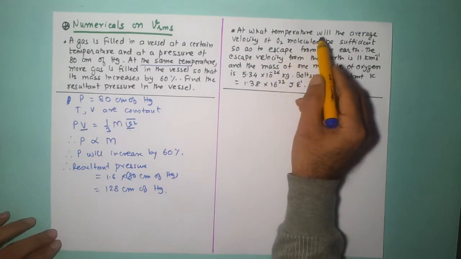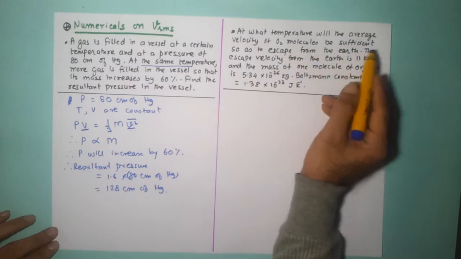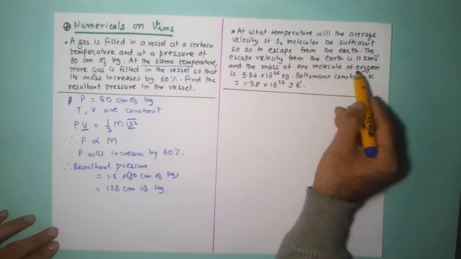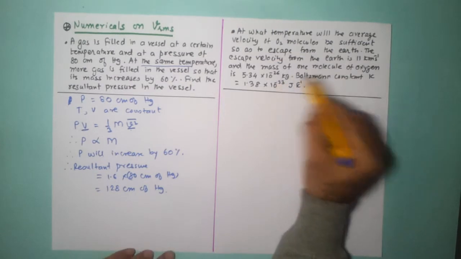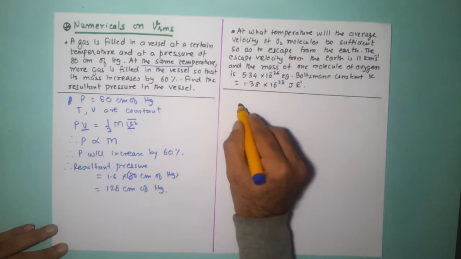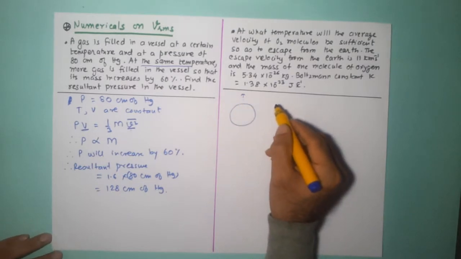At what temperature will the average velocity of oxygen molecules be sufficient so as to escape from the Earth? The escape velocity from the Earth is 11 kilometers per second, and the mass of one molecule of oxygen is this, Boltzmann constant is this. So the question we have over here is that we have Earth and there is oxygen molecules, and if it has to escape the